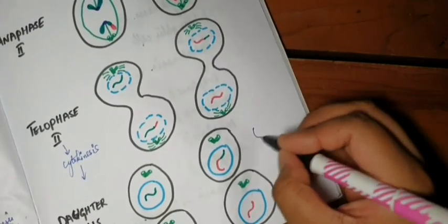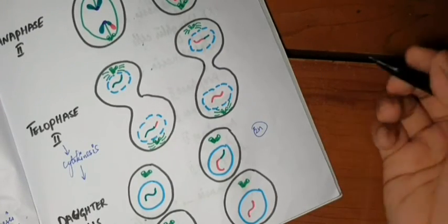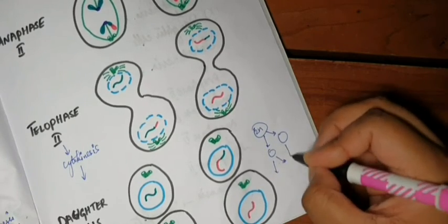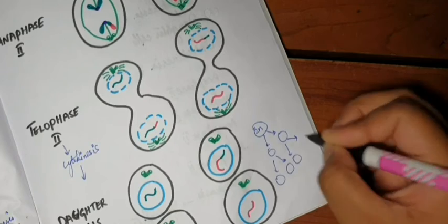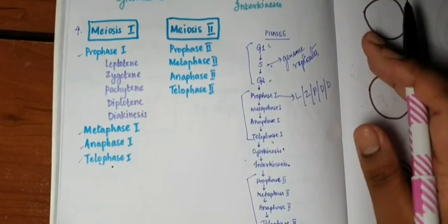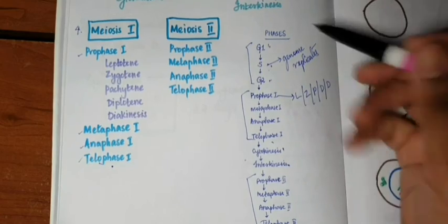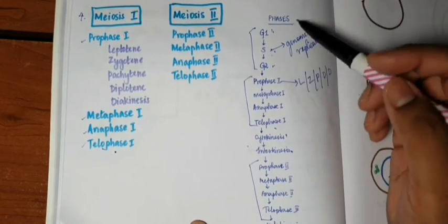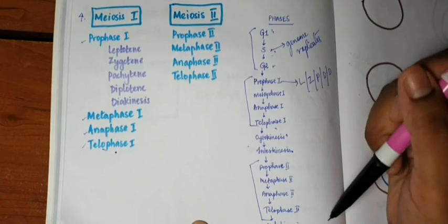We started with 1 parent cell, which had 2n amount of information. It divided into 2 daughter cells, and these 2 daughter cells again divided, and we finally have 4 daughter cells with half the amount of information. It was all about meiosis. In case you ever get confused, you can note down this flowchart. It will help you remember the phases that a cell has to go through, starting from G1 till it finishes meiosis 1 and meiosis 2.